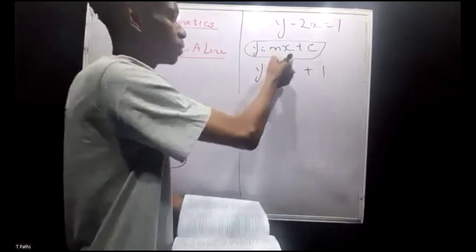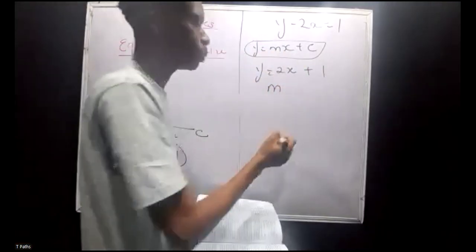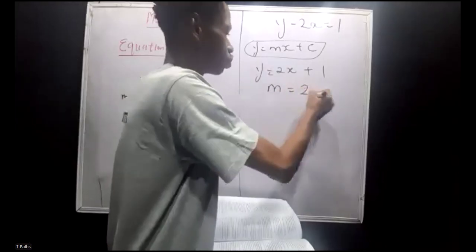So from the slope-intercept form, m is the slope, which means the slope, or the gradient, of this line is 2. Now using